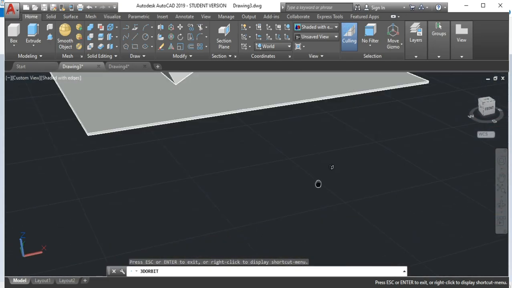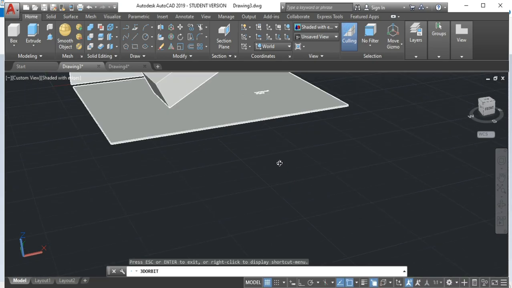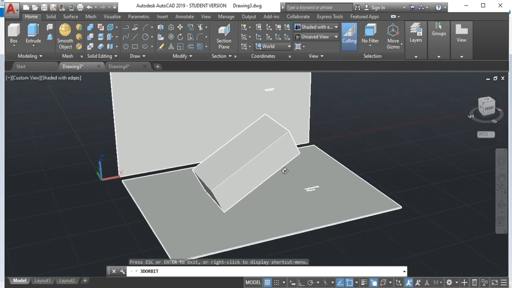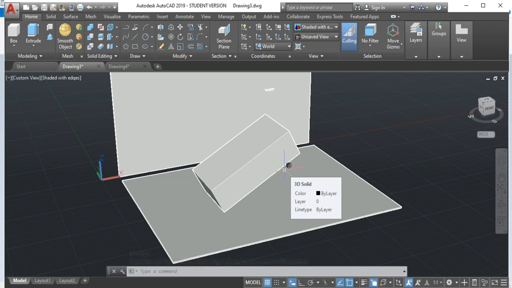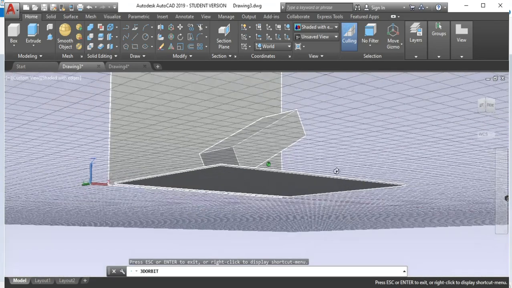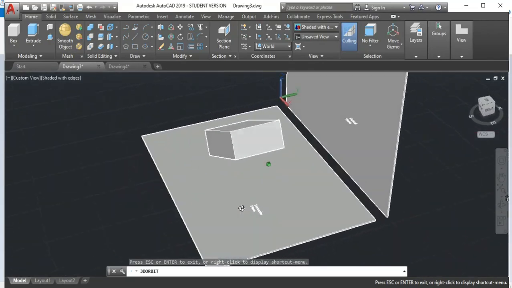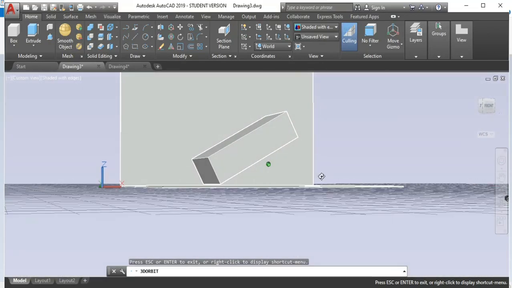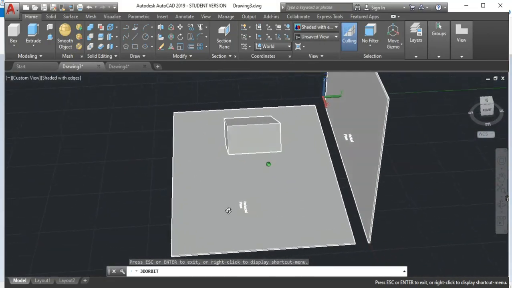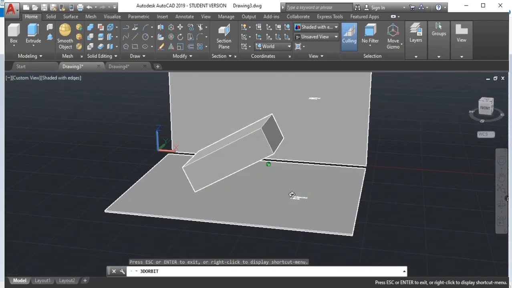Basically I can add the text to this one also, but it is taking longer than I expected, and I don't know why my AutoCAD is crashing. So I don't want to lag a lot, and that too so many power cuts are there. My UPS is not able to hold for that long. So I'm going to end this session right now. Okay, I'll see you guys in the next class, but let me wrap up the session by explaining the